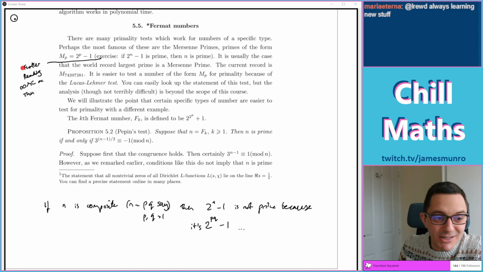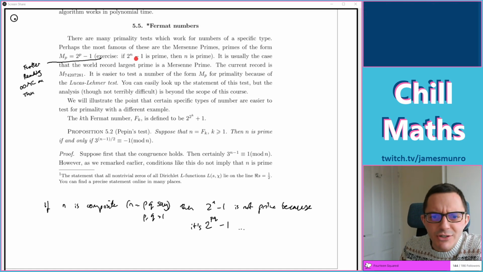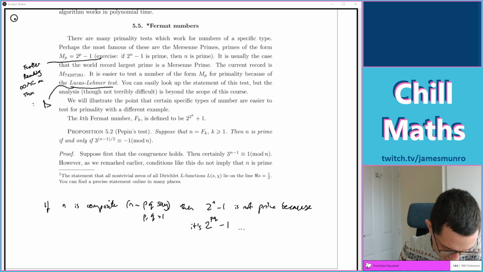So I personally understand this bit, I think, of why this has to be a prime. It's a bit like the thing Leo did on the stream on Thursday at Oxford Online Math Club. They talk about whether these things factorise or not. And there's this massive number that is prime. And then it says it's easier to test the number of the form 2 to the p minus 1 for primality because of something called the Lucas-Lehmer test. Anyway, one of those. So it's a star for me to go and learn about this at some point because it sounds cool.